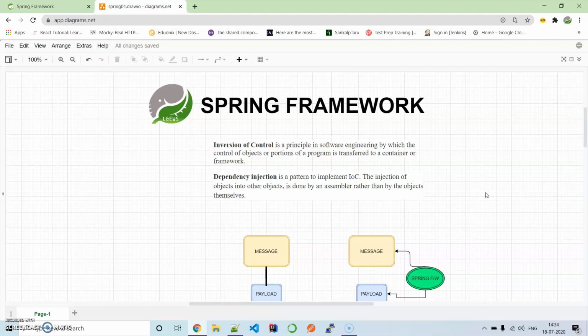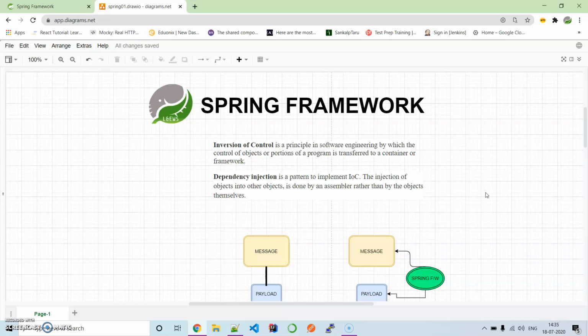Rather, we would be creating references or objects of them, and with the help of configurable XML files, or with the help of Java annotation based approach, Spring Framework will do the joining or auto wiring. That's another concept. Auto wiring of the beans accordingly, or establish relationship between the different beans, as we mentioned in the XML based configurations or Java annotation based configurations, and it would proceed accordingly.